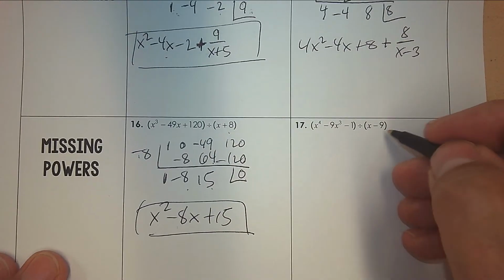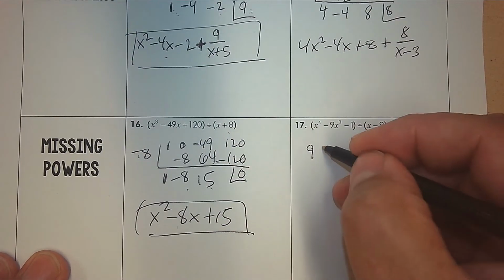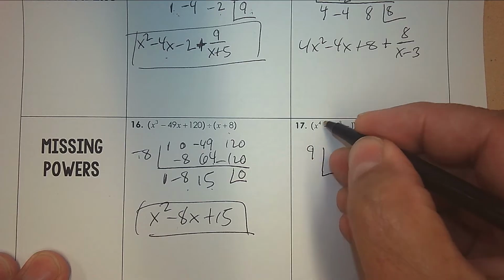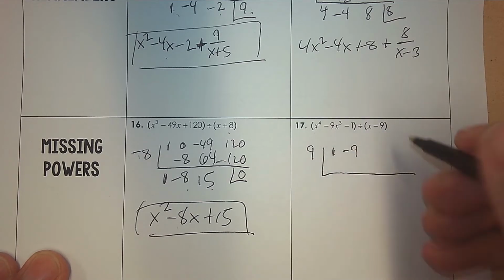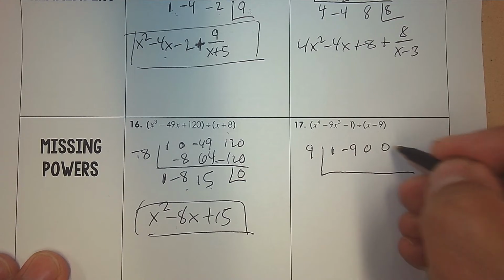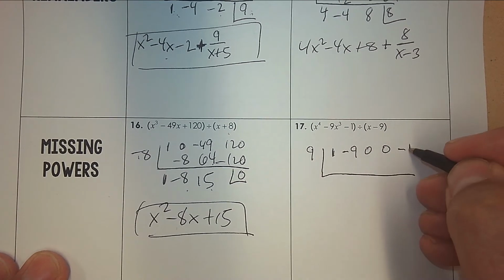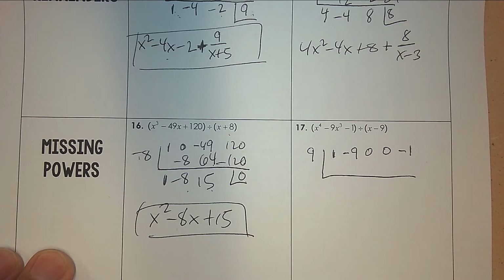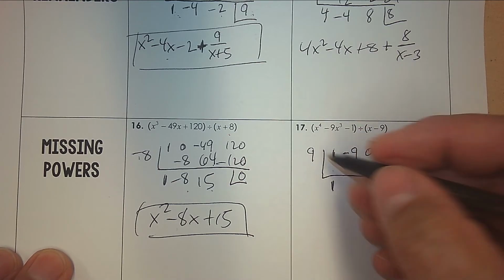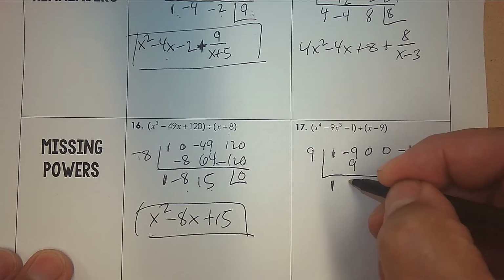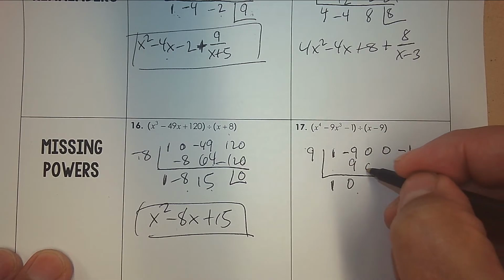Number 17, the 0 is positive 9. X to the 4th, we have 1. X cubed, we have negative 9. No x squares, no x's, and negative 1. We're going to add and then multiply. So 1 plus nothing is 1. Multiply, then add, multiply, add,